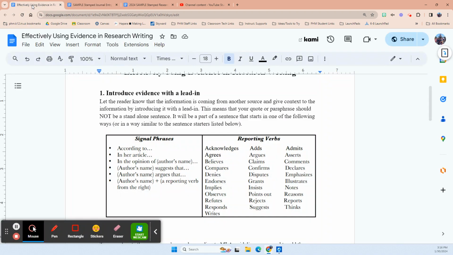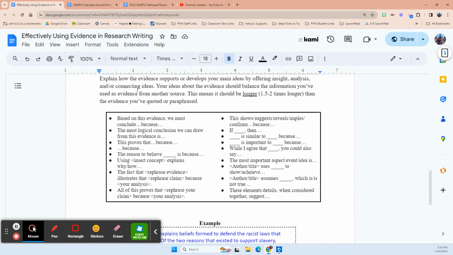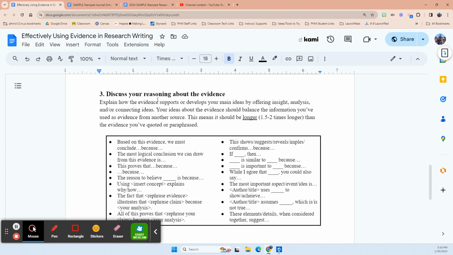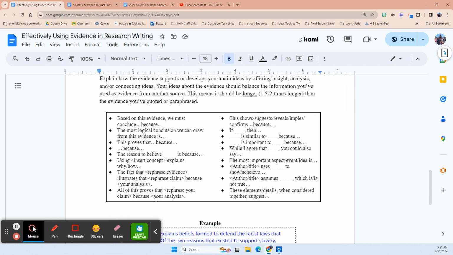If you need help with how to start your explanations, you can go ahead and look at the notes for effectively using evidence in your research writing. And there are several different sentence starters for how you might start to explain your information.